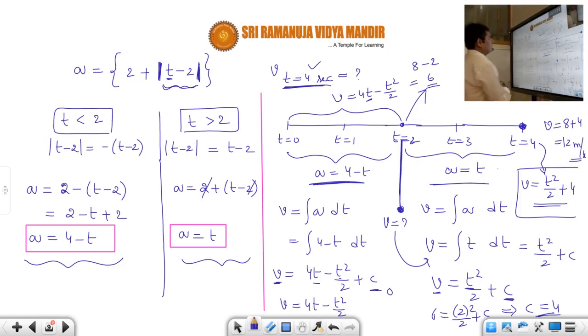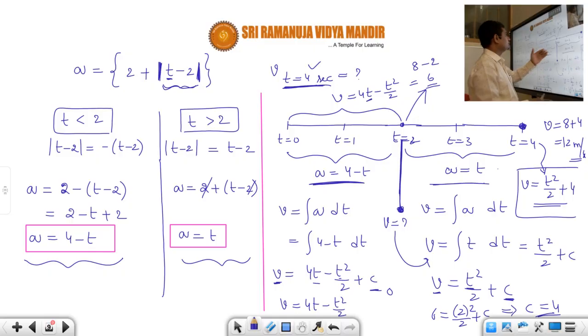So here you have to be careful that the acceleration is a variable. From t equal to 0 to t equal to 2, it is having one value. From t equal to 2 to t equal to 4, it is having another value. So now they are asking t equal to 4. So at that point, first you have to calculate the acceleration equation from t equal to 2 to 4. Then you got the acceleration, then afterwards velocity. Now in that velocity equation, if you want to calculate C, substitute the value of velocity at t equal to 2, which you will get from the previous equation.